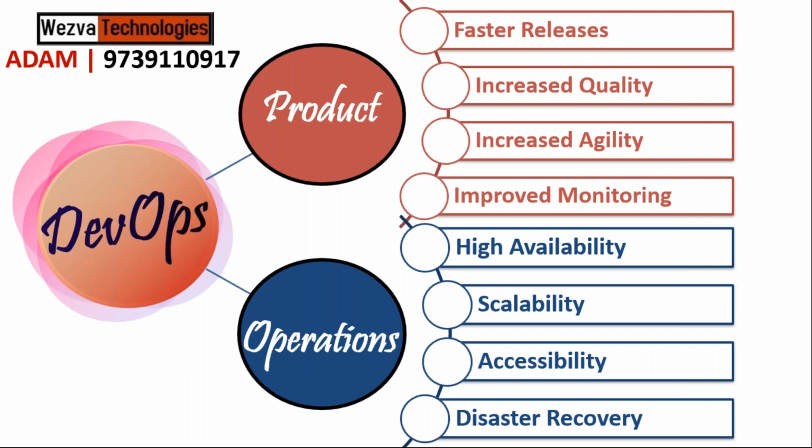And at the same time, you also have to make sure how secure all these applications and services within your organization are, right? Because we cannot just allow everyone to work on everything. So that is what the operations side of DevOps focuses on. And finally, there is another important aspect which on the operations side we focus on, called disaster recovery. So what do we mean by disaster recovery?